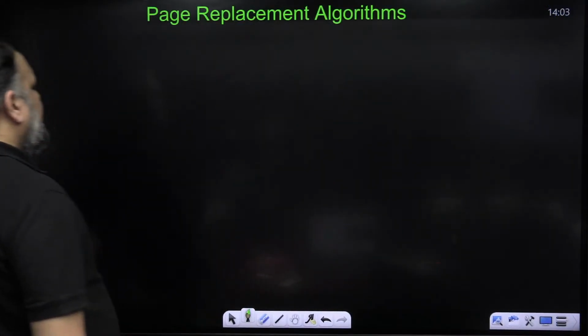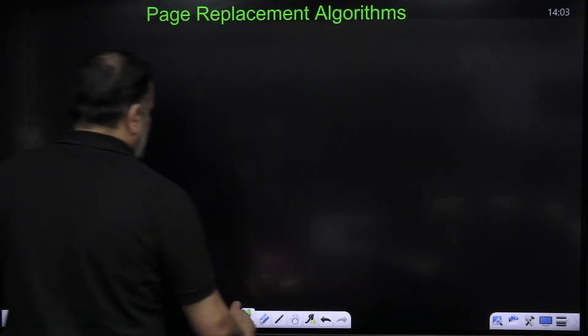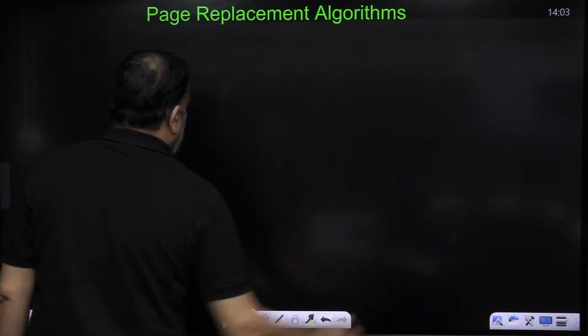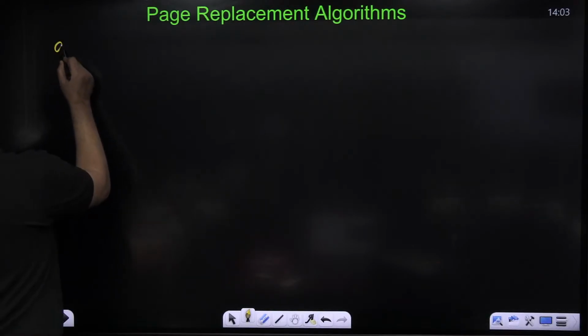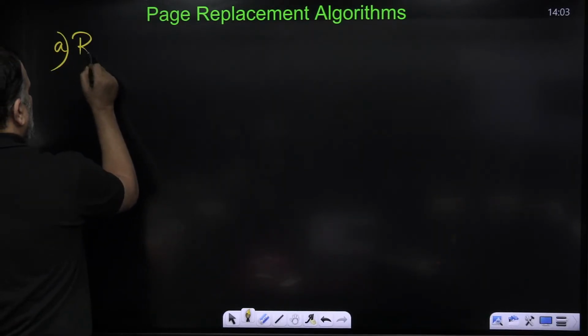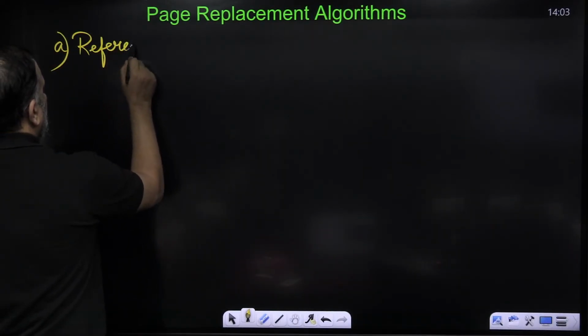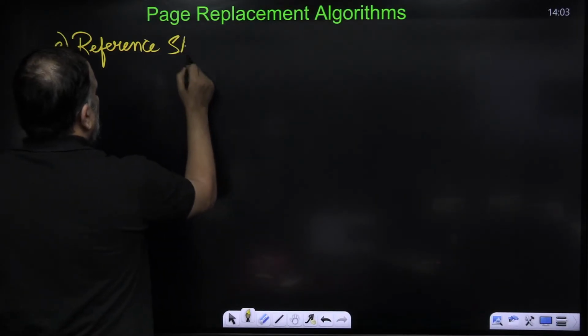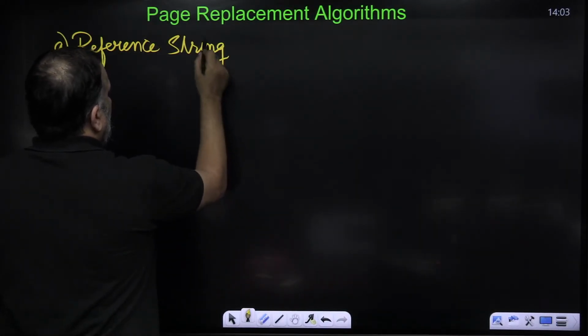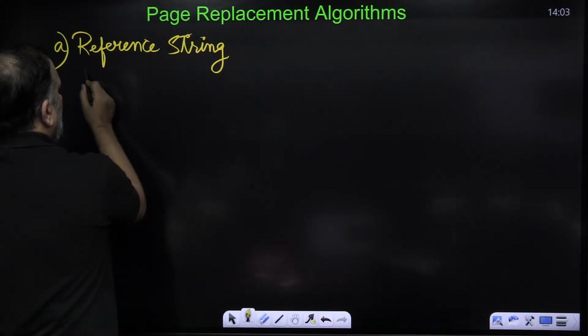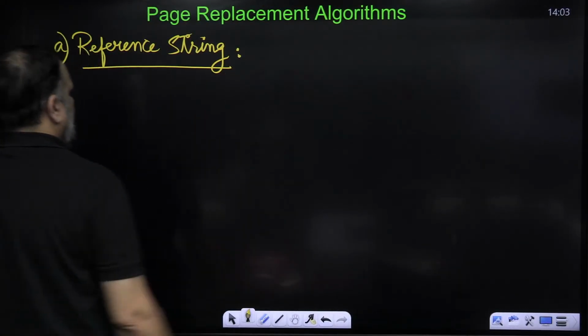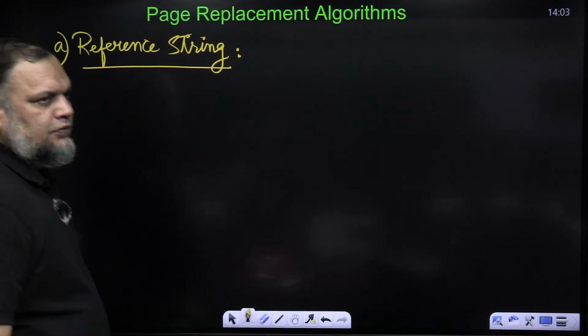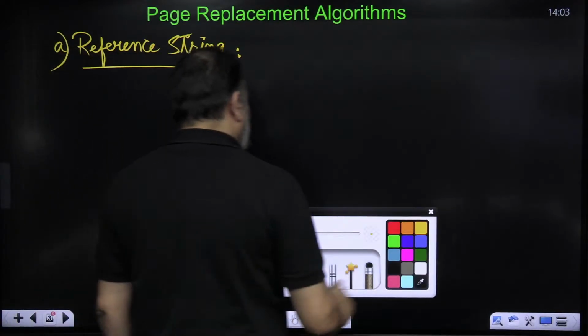तो टू स्टार्ट द डिस्कशन ऑन पेज रिप्लेसमेंट एल्गोरिथम, सबसे पहले कुछ बेसिक कॉन्सेप्ट्स आपने अंडरस्टैंड करना है। सबसे पहला कॉन्सेप्ट ये है कि रेफरेंस स्ट्रिंग। व्हाट इज रेफरेंस स्ट्रिंग? बिकॉज ऑल द पेज रिप्लेसमेंट टेक्निक्स आर बेसिकली स्टडीड विद रिस्पेक्ट टू द कॉन्सेप्ट ऑफ रेफरेंस स्ट्रिंग। तो सबसे पहले रेफरेंस स्ट्रिंग का डेफिनेशन देखेंगे और फिर उसके बाद आगे बढ़ेंगे।